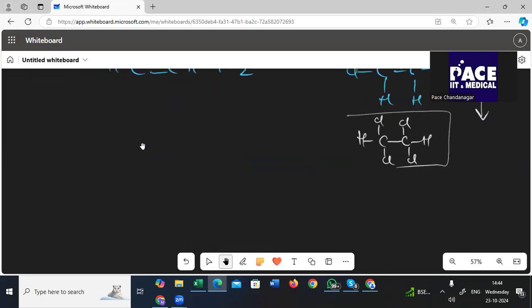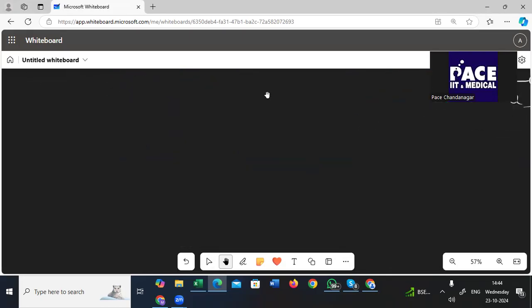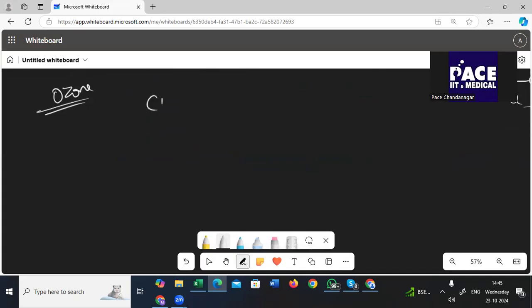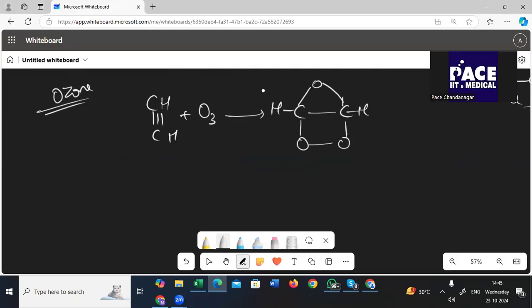Then we talk about ozone. Ozone is one such important compound, and we say this as ozonolysis. Ozone, carbon, hydrogen, triple bond carbon, and then hydrogen with ozone. Then what happens? It forms a hut kind of structure here. Oxygen, oxygen here, then oxygen here, and then hydrogen here. Now this is called as acetylene